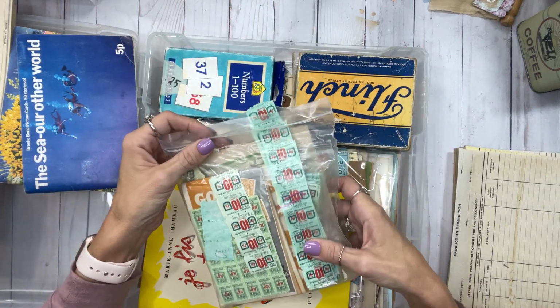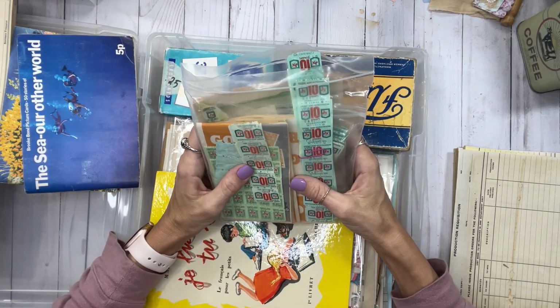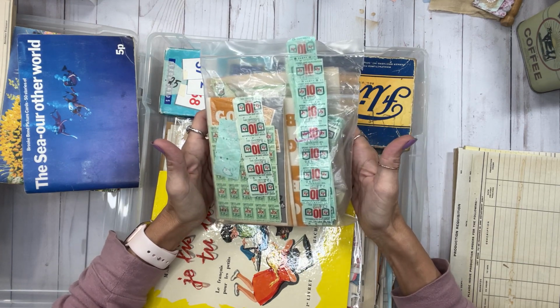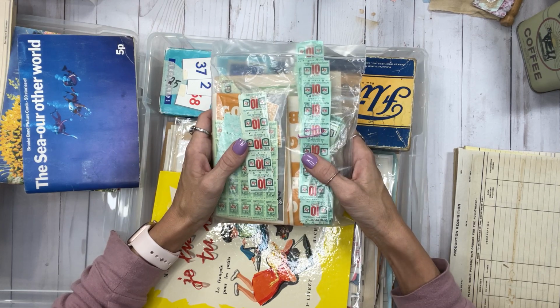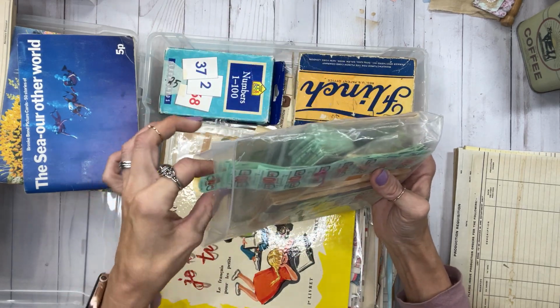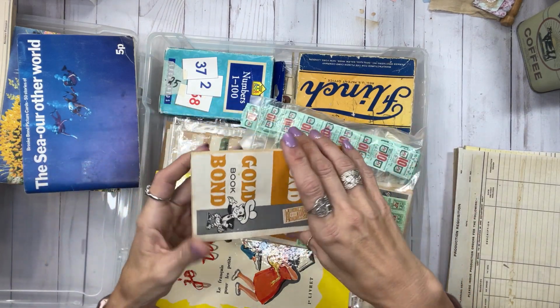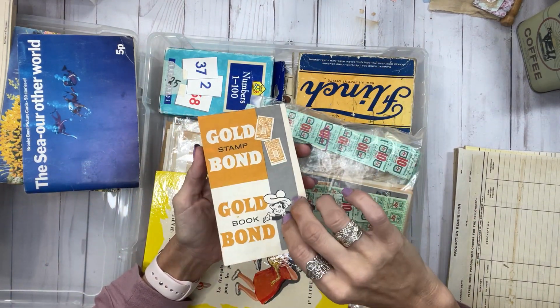These things here, I know everybody remembers this. This was not, well, for me, it was not too long ago. We still use these, at least here in my town, until I was maybe in my early 20s. Our local grocery stores, you would get one of these at the store, and then every time you would grocery shop,